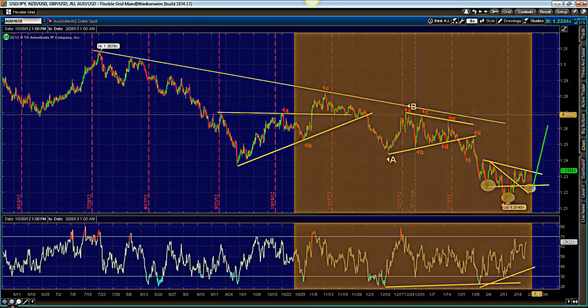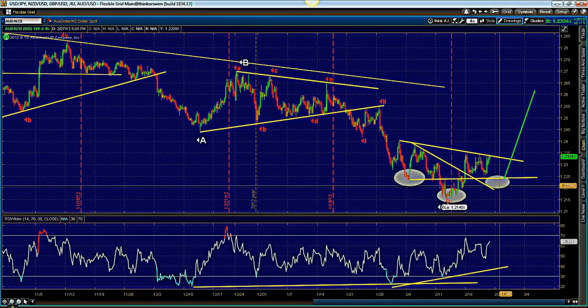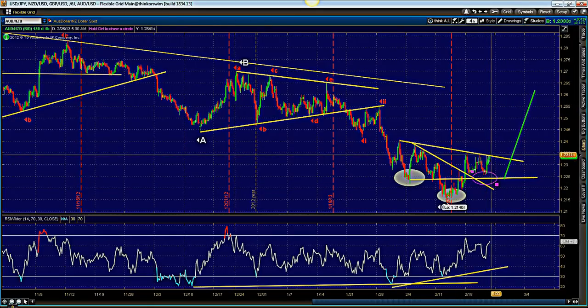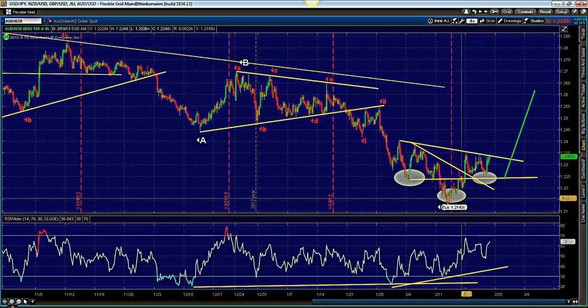Aussie Kiwi is something we're going to keep close eyes on. An inverse head and shoulders, which seems to be developing. I'm going to wait for a 4-hour close above support. Hopefully we don't get too far. If we get too far, I'll wait for a retest, and then on target 126. Ideally, the measured move for this is going to be